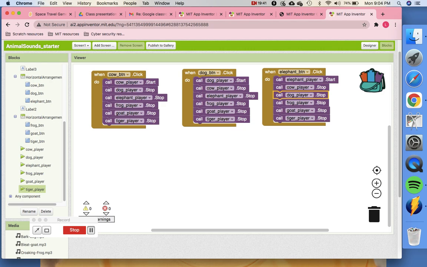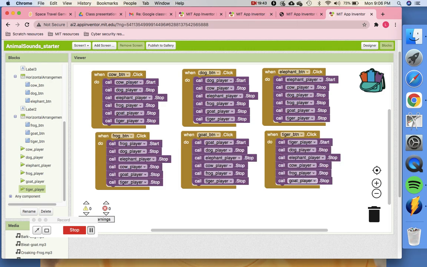Okay, now I'm going to do the rest. I also want you to do it. Yeah, so see, I put the other 3 also. Be very careful. The one which you are clicking, that should only start. Rest of the ones should stop. Okay, so please check your codes carefully. If you make a mistake in this, your project is not going to work.